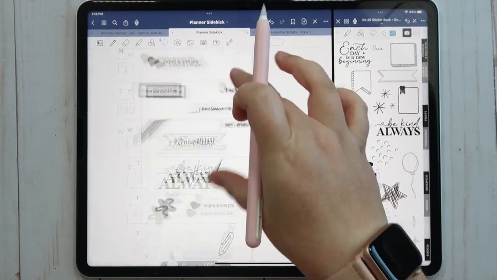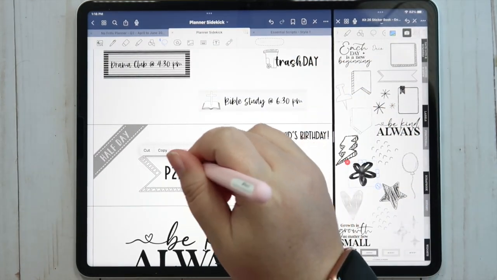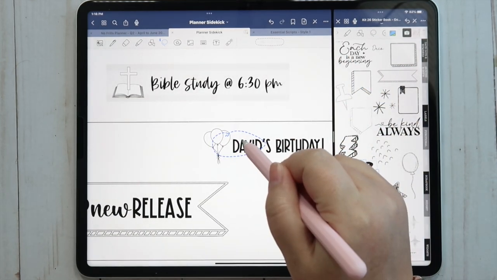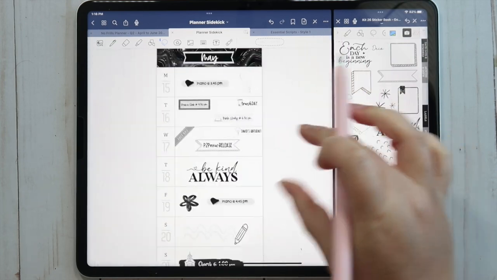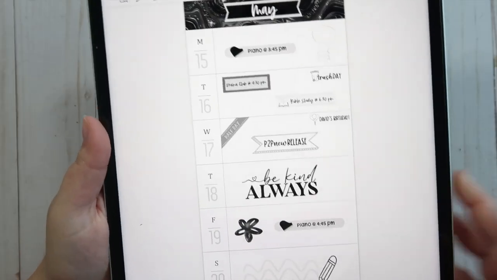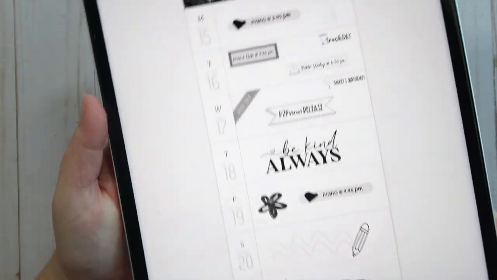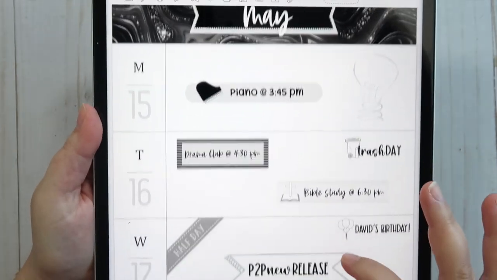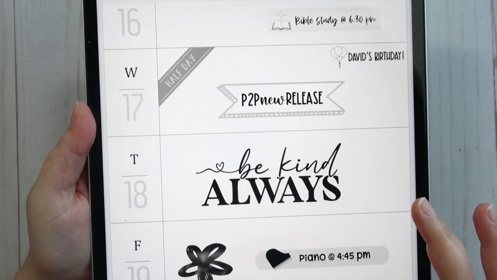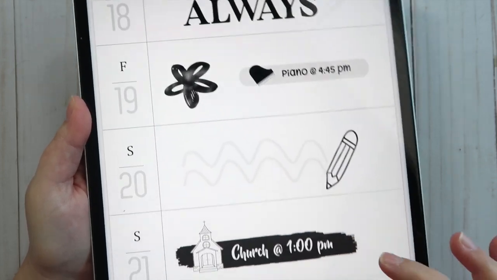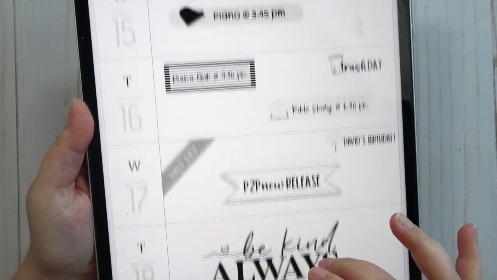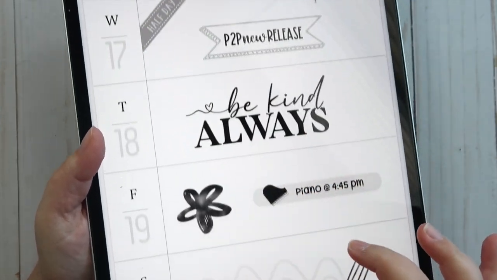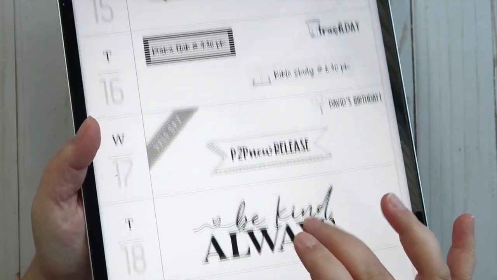How fun is this spread? I love this. We make that a little smaller, and then that way we can kind of move that down a little bit. All right, so here is the completed spread. Nice and simple. I absolutely love how this turned out. And like I said, I really love having this so accessible on my phone, so easy to pull up and just kind of see what is going on for the day. Having my reminders app for tasks and stuff, it's just working really, really well for me. But I love how this turned out.